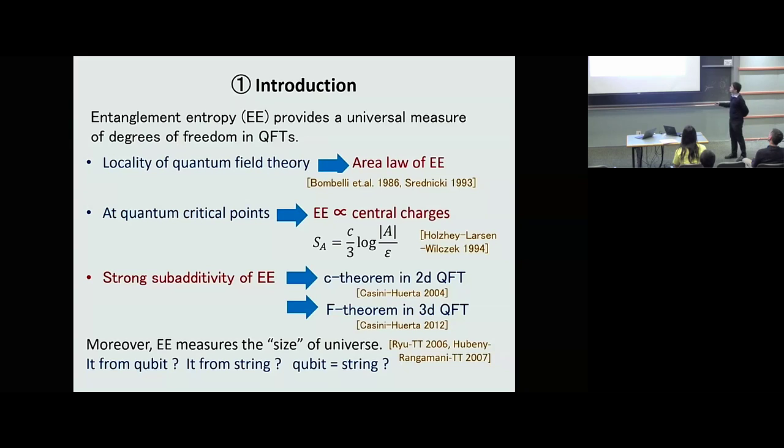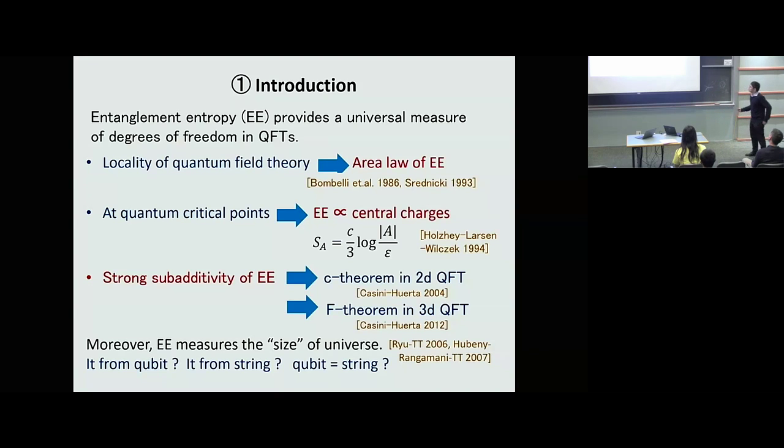And also, from the viewpoint of gravity, by using AdS/CFT, we can actually understand entanglement entropy as a kind of measure of the size of the universe. I mean, more precisely, the minimal area surface or extremal surface area, but that basically measures the size of the universe. This is based on my work with Shinsei and also Veronika and Mukund here.